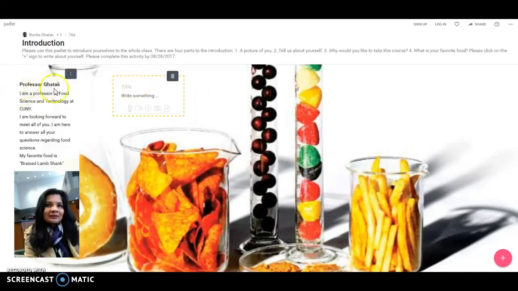I have created one sticky note describing something about myself, and I've also attached a photo. So what I want from you is a picture of you. Tell the entire class a little bit about yourself. Why would you like to take this course? That is number 3. And then number 4, what is your favorite food? So I just need 4